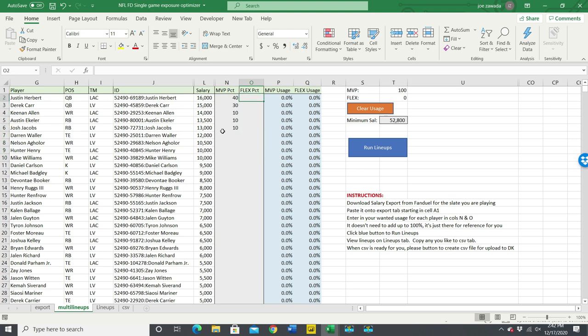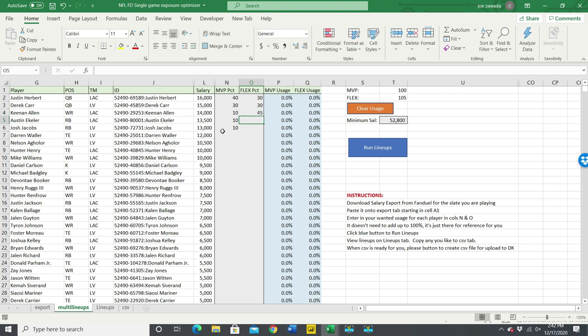Now I'm going to put my flex percentages in there. And let's go through it here. I'm going to put, again, 30% Herbert, 30% Carr. Now, let's see. The beginning ones, these are all the top guys. It's the bottom players where we're going to have to find some value. So Keenan Allen, obviously Keenan Allen's having a great season. I just got to monitor that injury, but I'm going to put him in 45%